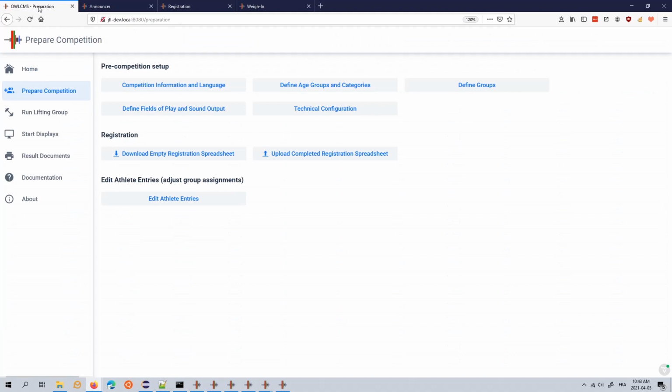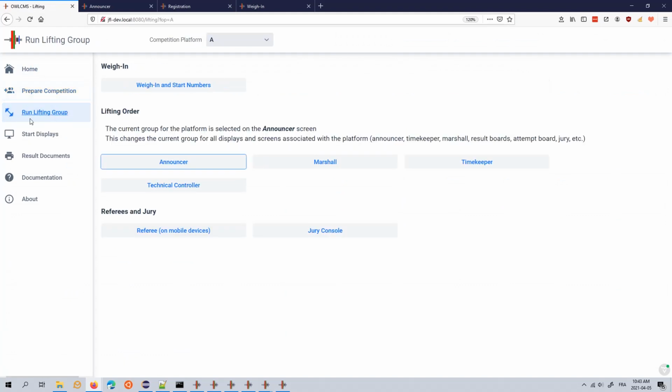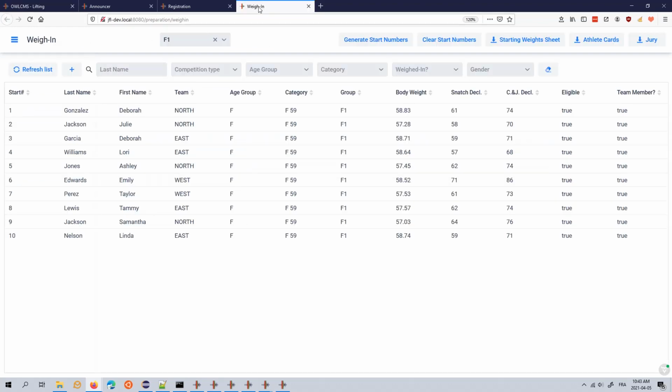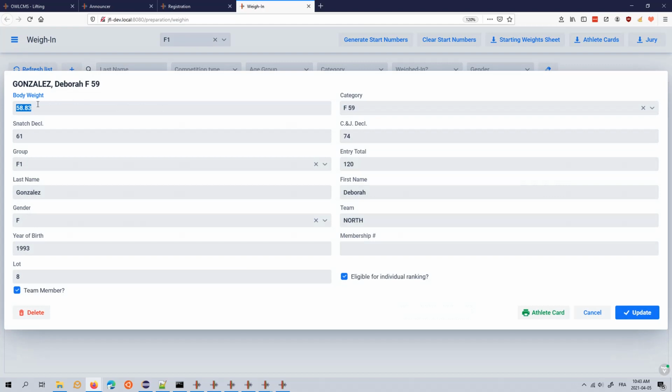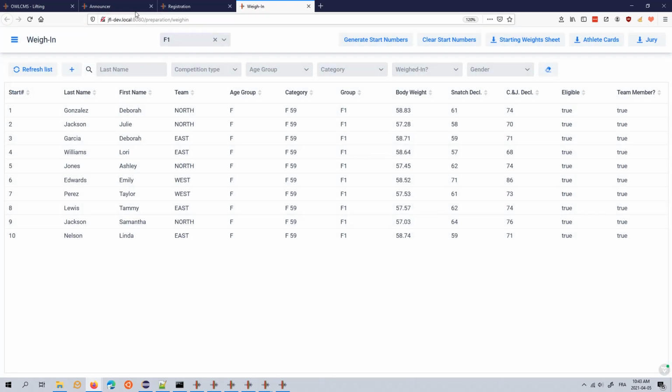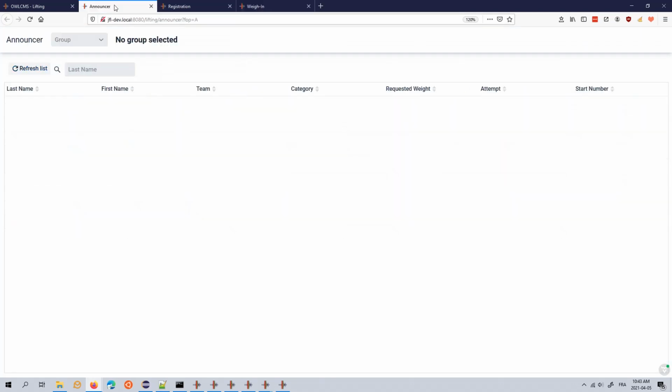On the day of the competition, each group will need to be weighed in. This is done by going to the run lifting group and going to the weigh-in and start number section. This brings us to the weigh-in screen, and each athlete can now be weighed in, entering the body weight and registering the declarations. So once that is done, we are ready to go, and we can go back to our